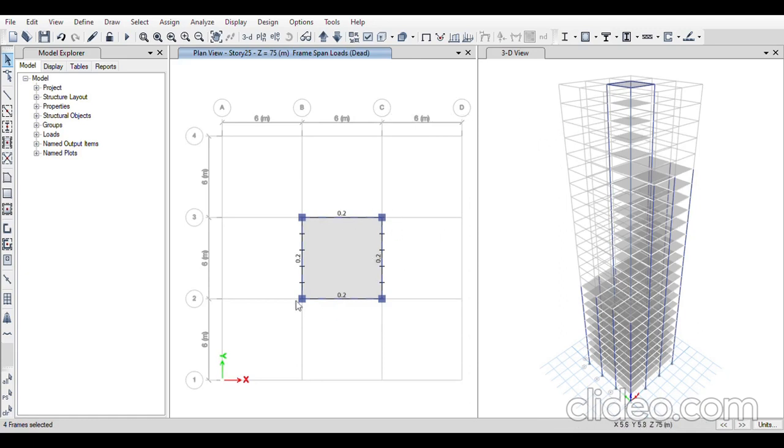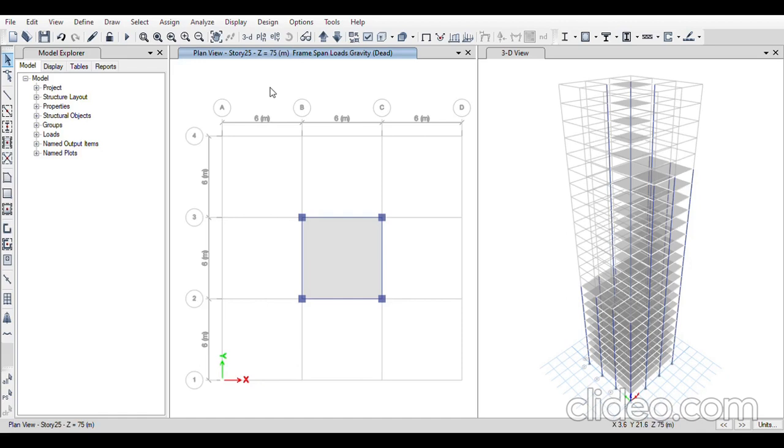We can see that there is 2.2 kilonewton per meter load on the beam. I'll go to assign, frame load, distributed, and I'll make it 0, because on the topmost floor there will be none.